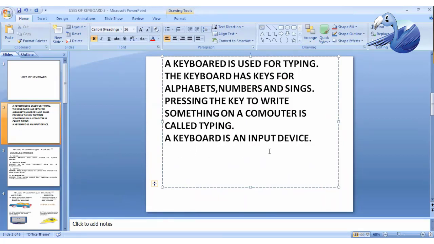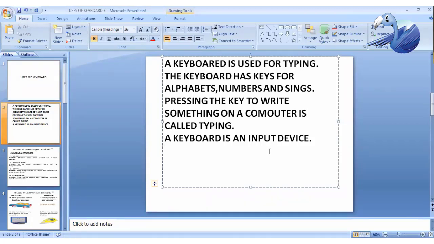When you press something on a keyboard, students, it will be automatically displayed on your monitor. A keyboard is an input device. When I am writing something, it is not displayed on the keyboard. Where is it displaying? It is displaying on the monitor. So the monitor is an output device.